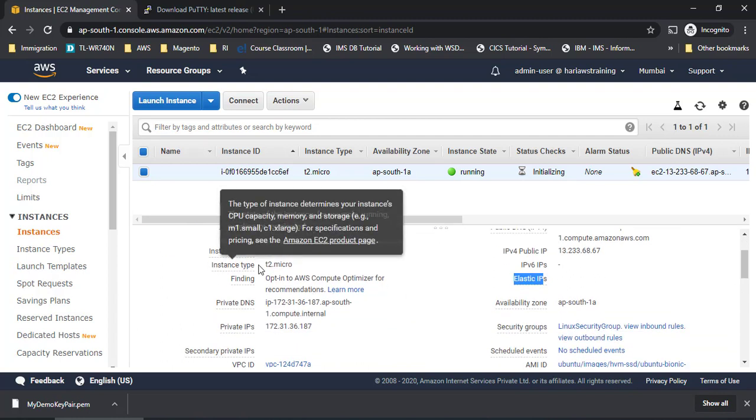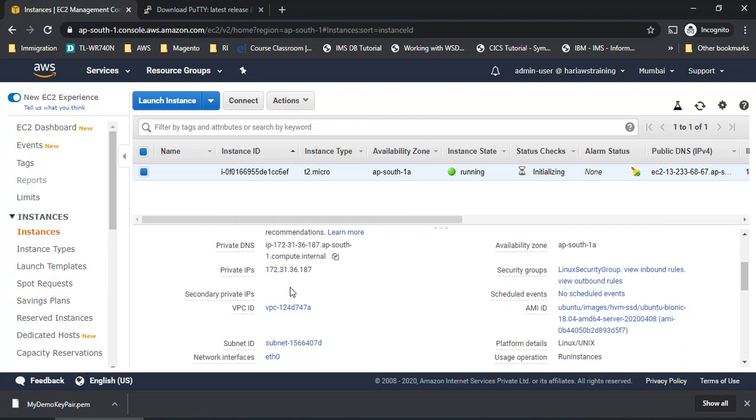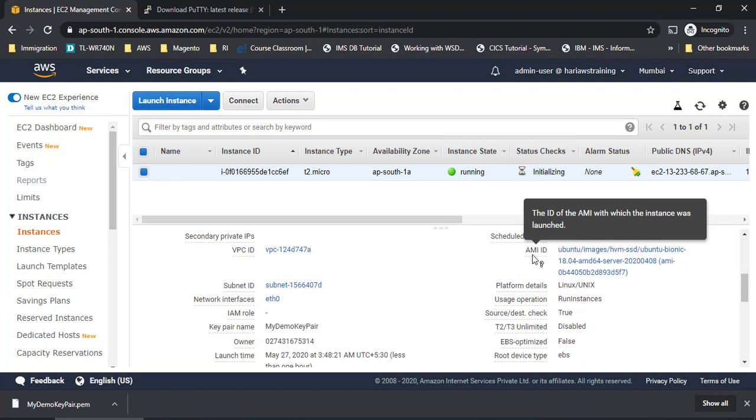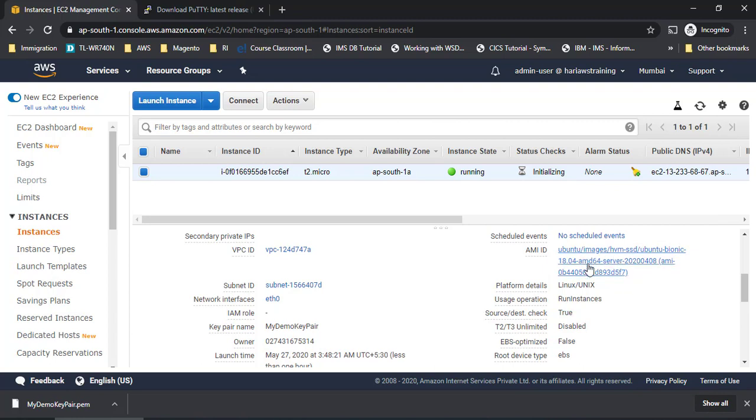Okay. So you can see all the instance type details we have, right? All those are mentioned here. Now we can also see here in the front we have the security group. You can see there are security groups. I can go and check it directly here. I can also see inbound rules. I can also see outbound rules here. Okay. And the AMI ID, which I told you already, Amazon Machine Image ID, and this is from Ubuntu. This is an Ubuntu machine which is already residing in some S3 where we have used it as a template to create our own EC2 machine.